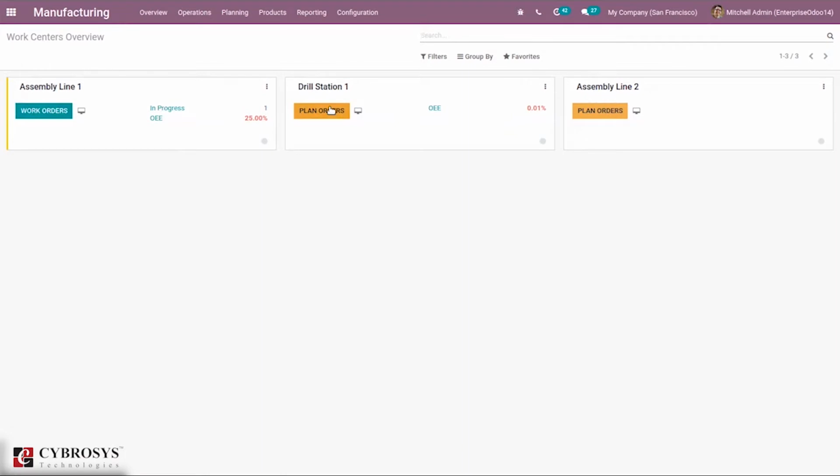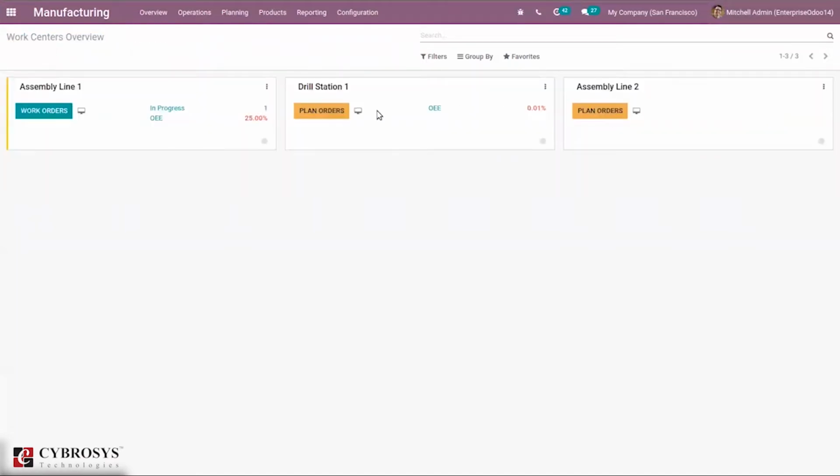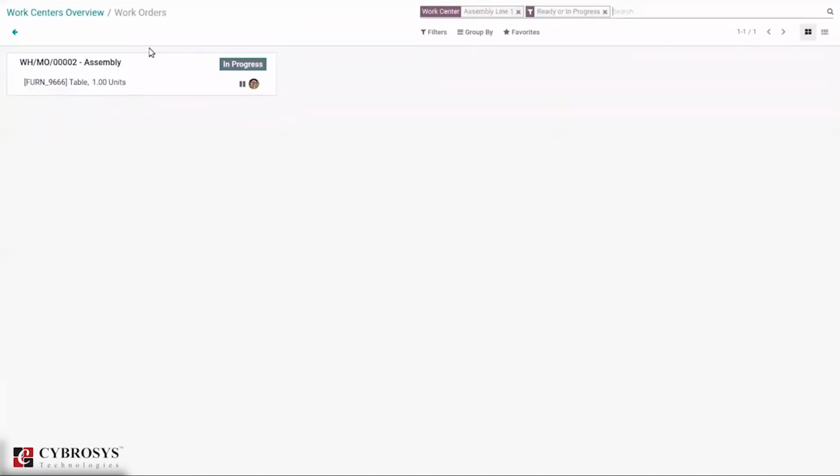When you click plan orders, we can plan orders for your workstations and create a manufacturing order from here. And if you have created some work orders, we can see the work orders. You can see for assembly line 1, there is one work order in progress. When you click on this, you can see that for table 1 unit, a work order is in progress.